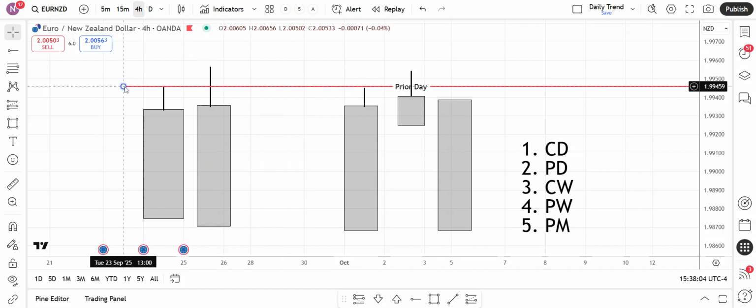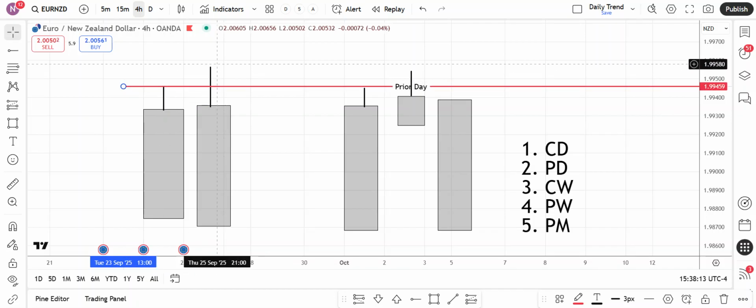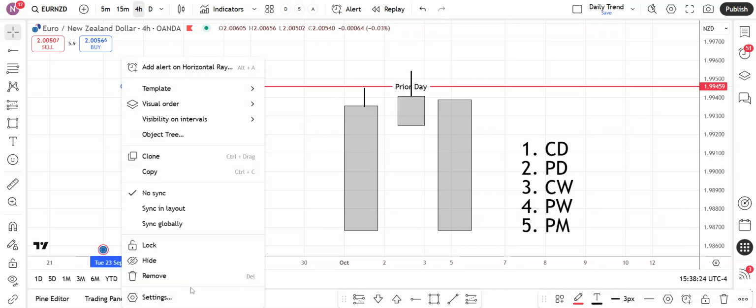This also could be, not to confuse you too much, but we'll go back over here one more time. Let's say this is a 1-hour chart where price may poke it at like 10, and then it comes back at like 11, and 11 o'clock may poke above it again, and then close all the way down here. You don't know. But that's just using the prior day. I want you to focus on these price levels though. Now, the next one can be